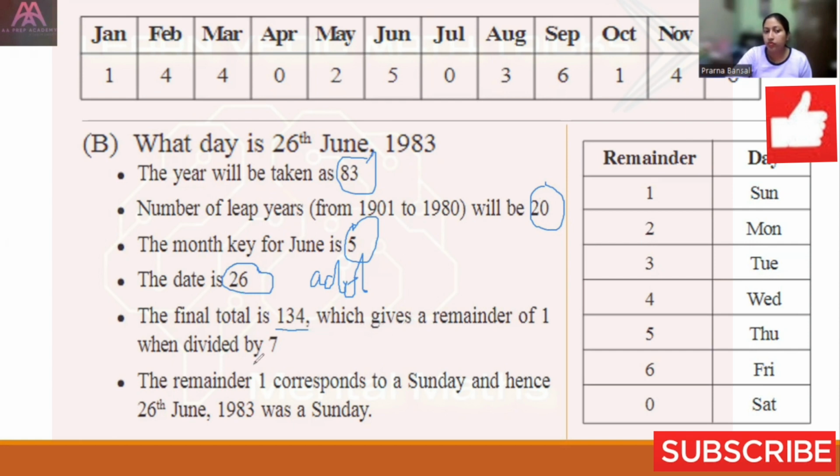When we will divide 134 by 7, we will get a remainder of 1. Remainder is 1. For remainder 1, what will be the day? Sunday. So our final answer is Sunday. 26 June 1983 was a Sunday. In this way, you can easily tell the day. जस्ट लिटिल प्रैक्टिस चाहिए। सबसे पहले ईयर देखना है, ईयर क्या है, लीप ईयर फाइंड आउट करना है, उसके अंदर मंथ की ऐड करनी है, मंथ की ऐड करने के बाद आप डेट ऐड करोगे, टोटल को 7 से डिवाइड करना है, जो रिमाइंडर आएगा अकॉर्डिंग टू दैट यू कैन टेल द डे। इट्स वेरी इजी।